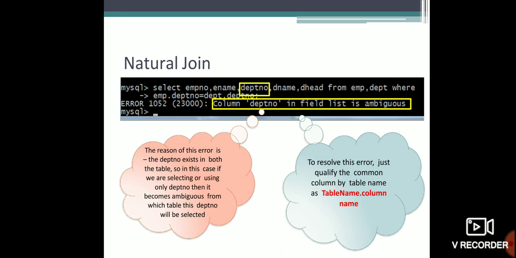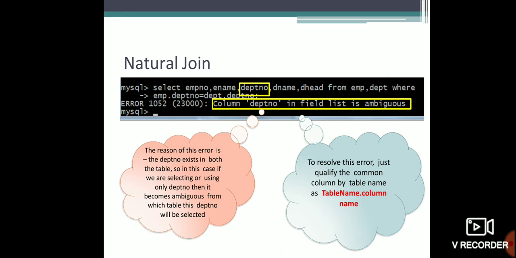The reason for this error is that the department number exists in both tables. So if we are selecting only department number, it becomes ambiguous. In natural join it does not give us the duplicacy, but in equijoin we can have the duplicacy of two columns.